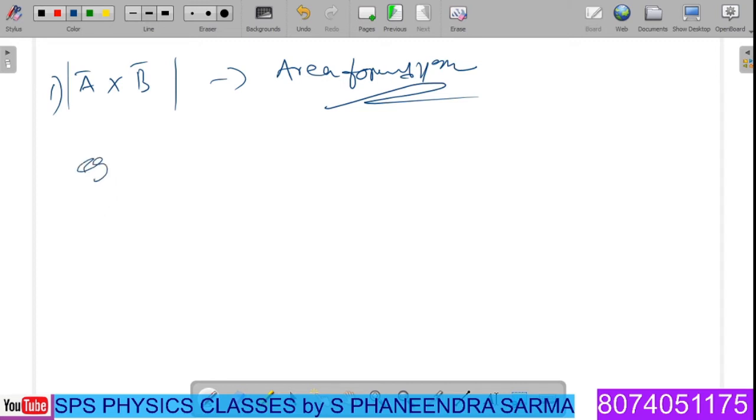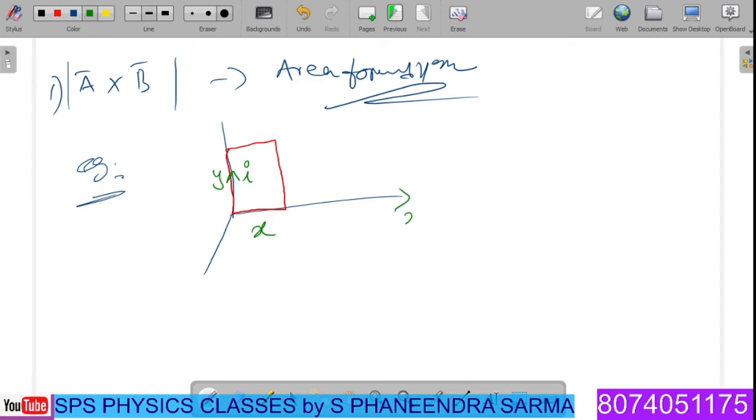Example, let us see. This particular problem will be definitely helpful for you in solving problems in the electromagnetism chapter. How? Let us see. Now imagine that there are x, y, z coordinates. Imagine that there is a square shape, a rectangular loop, which carries some current, so that the coordinates are given by the values x and y, and it carries current of I amps as shown in the figure. Now how to find out the area of this particular current carrying loop?